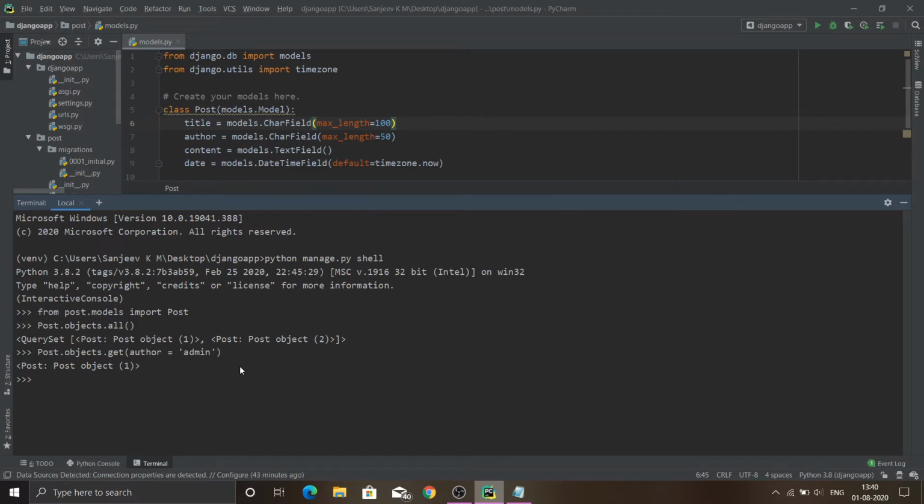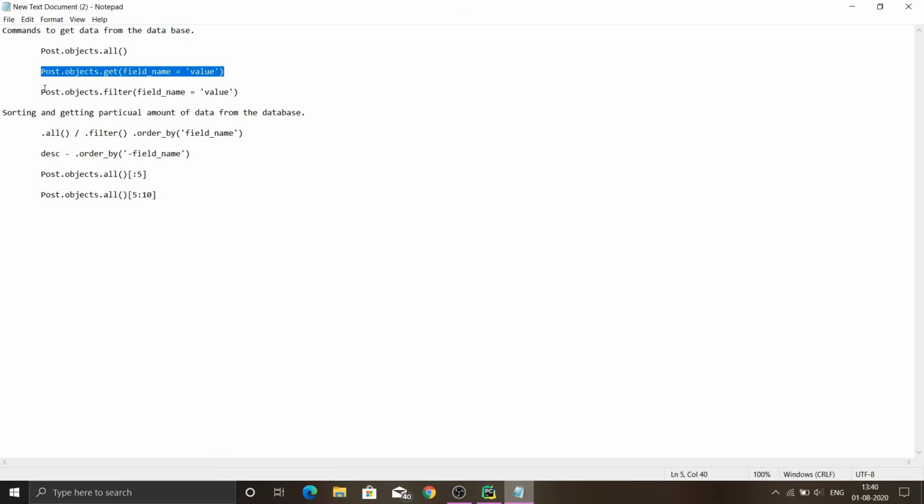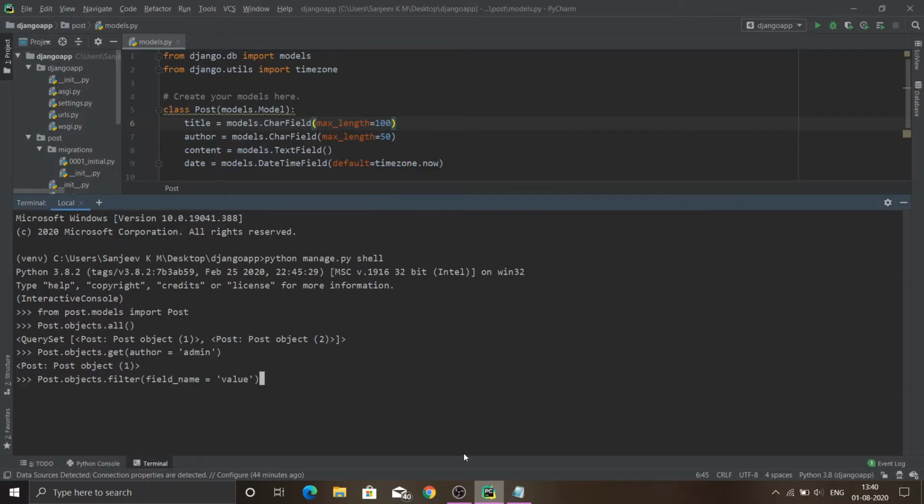To get all the posts from this particular author, we could use the .filter method, whose structure looks similar to this get method. Let me show you its structure. It looks like this: Post.objects.filter, field name and value.